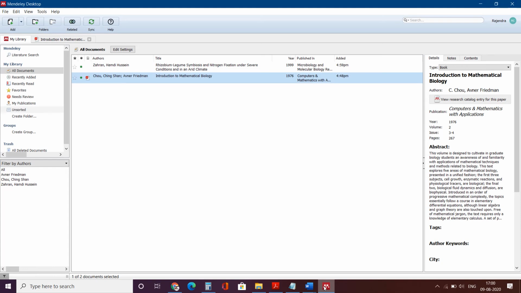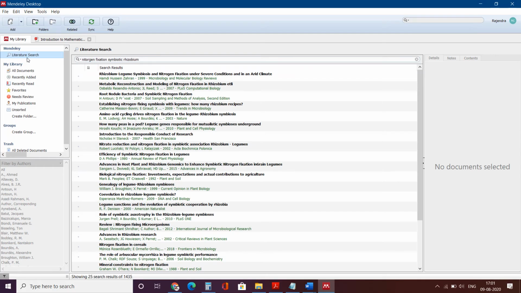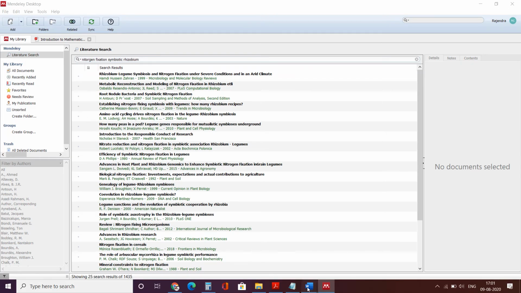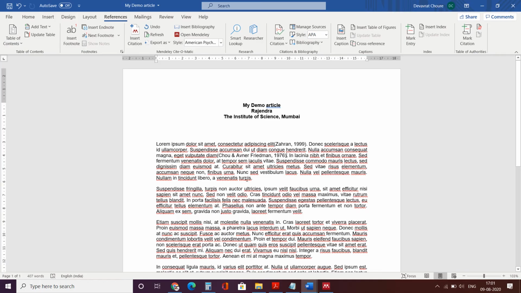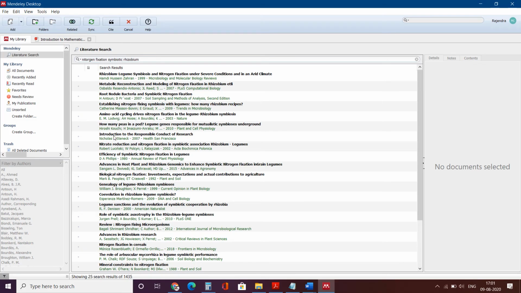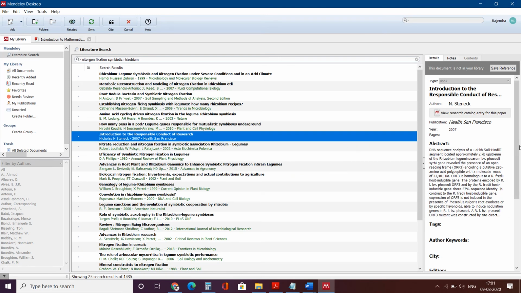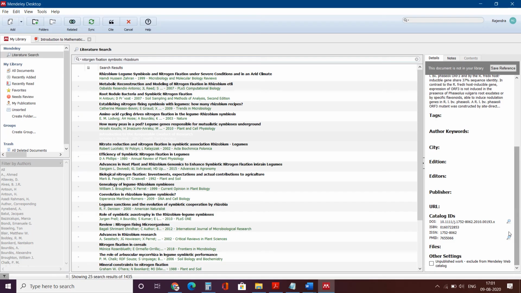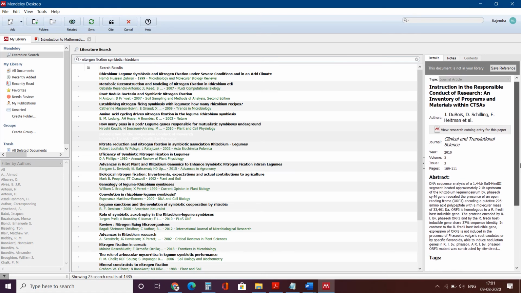You may wonder why other entries disappeared from here, because those entries were there on the internet. Use this literature search. Here these entries are there. Now if from these entries I want to add another one, I will click here. I will say insert citation, go to Mendeley, and I will click this, Introduction to. But the information is not complete, therefore I will go for this one, and I will click lookup. Information will get filled, and then I will say cite.